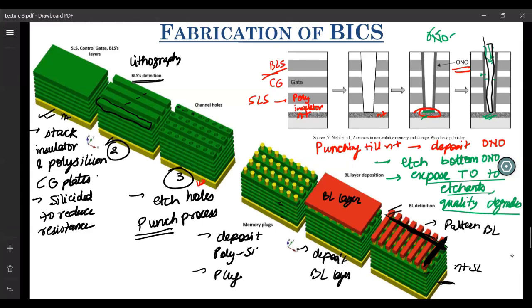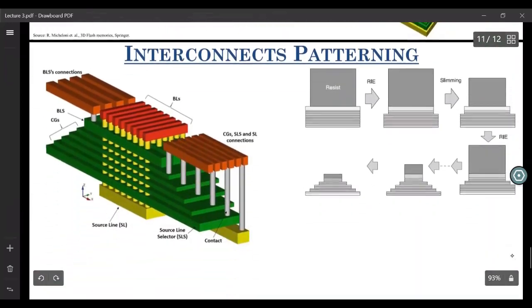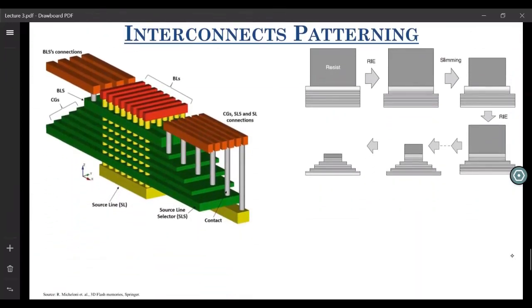So what they did is, they came up with this staircase kind of structure. Instead of having a rectangular structure like that, as looking from the top, they extend these select lines or these control gates in the form of a ladder structure or a staircase structure. And even the bottom source line, they extend it till this point.